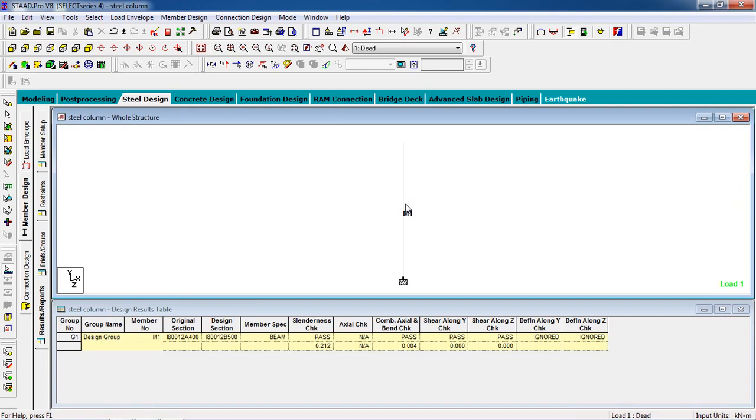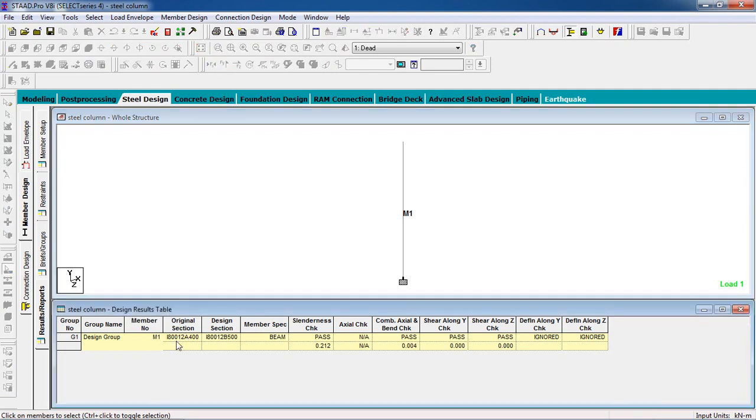Now you can check the design result table. You can see I have selected this section. Now the code cross-checks with my section and gives the section as IS 800 12B 500.